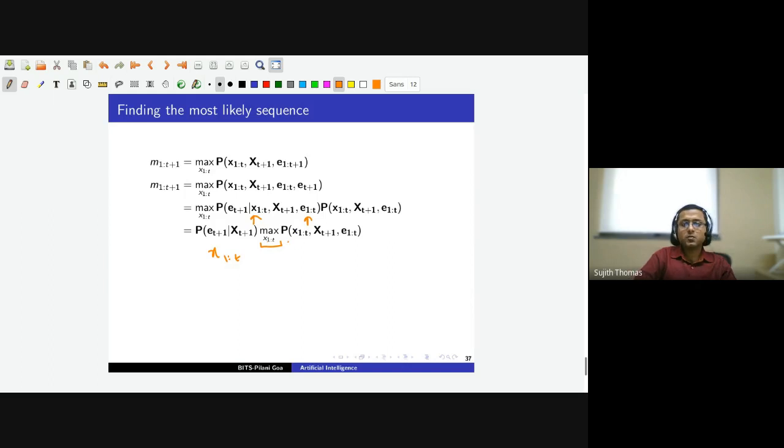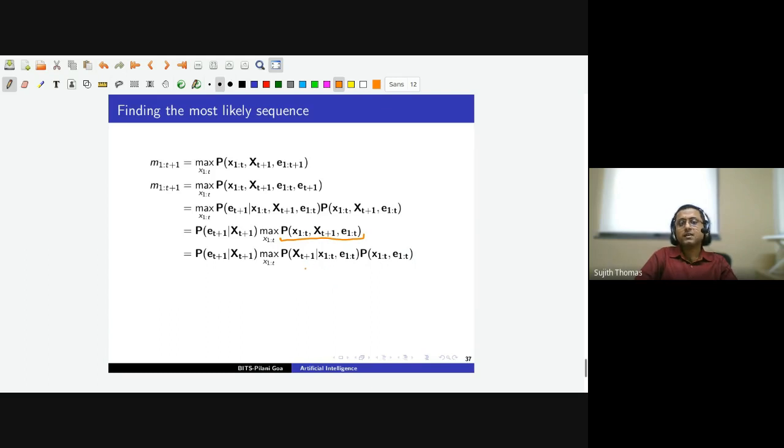Now we need to do something here so that we can express this in terms of transitional probability. So as you can see, we have xt+1 and x1 to t. So maybe if we do something like xt+1 conditioned upon something, then we might be able to do that manipulation. So what we will do is, again, we will write this joint probability using the product rule: conditional probability times the joint probability.